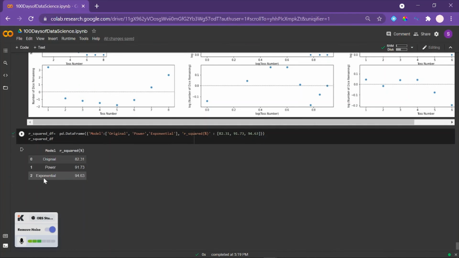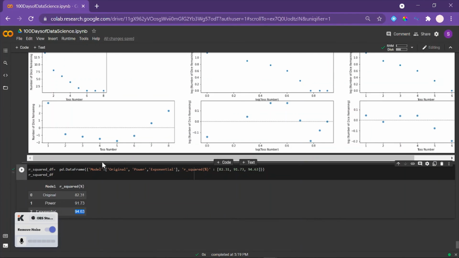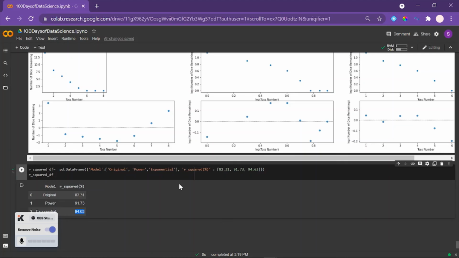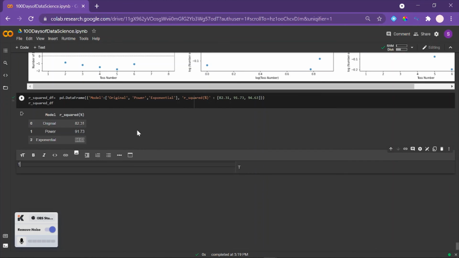And then finally, for the exponential model, 94.63% of the variation of the number of dice remaining was explained by the least squared regression line used in that model, which is the exponential regression, right? So we can say now the exponential model is the best fit for our data